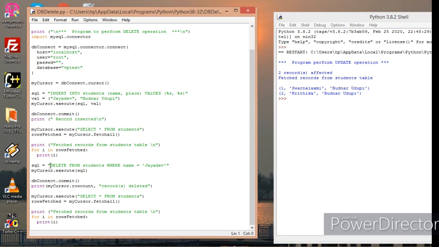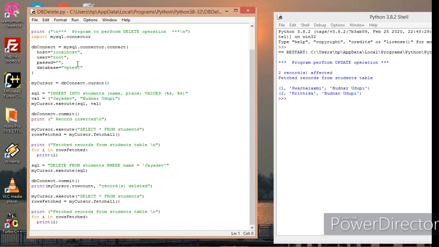I'll be using this delete statement, delete from students where name is equal to Jaydev, and as we have been doing, I'll be using the execute method of the cursor object my cursor.